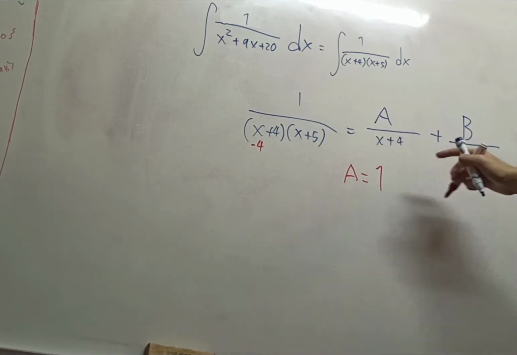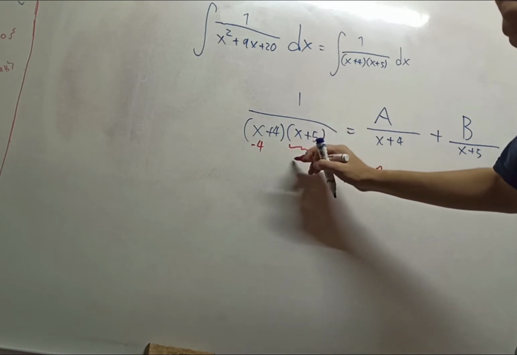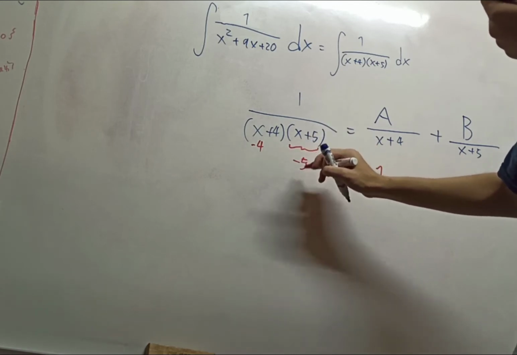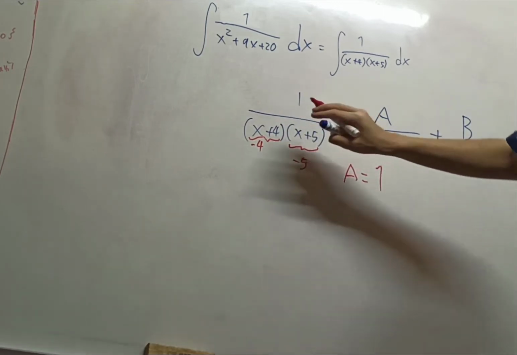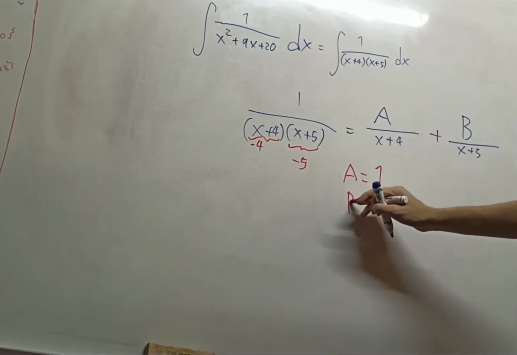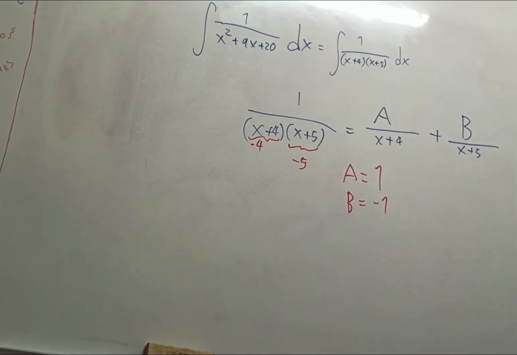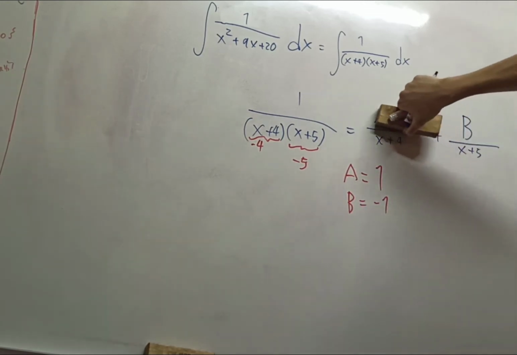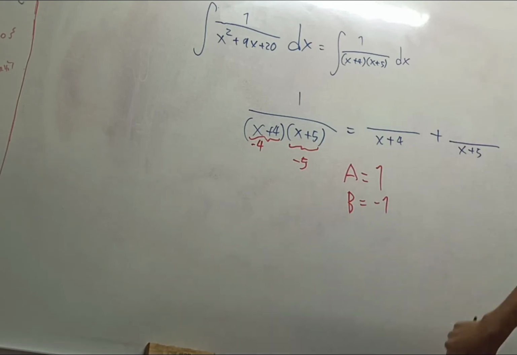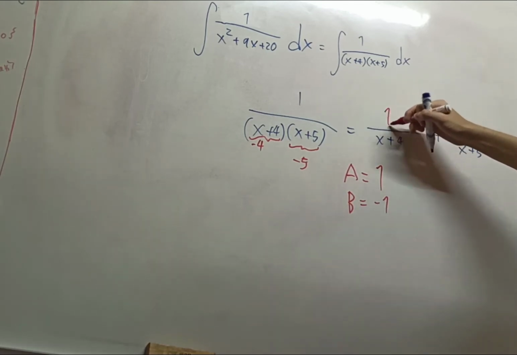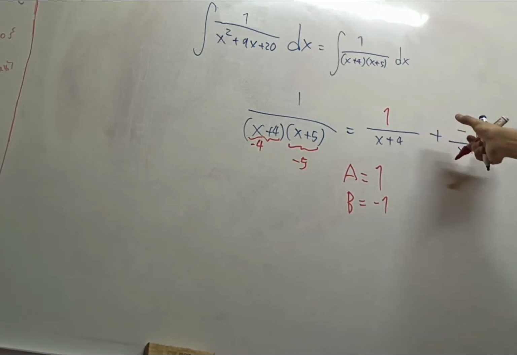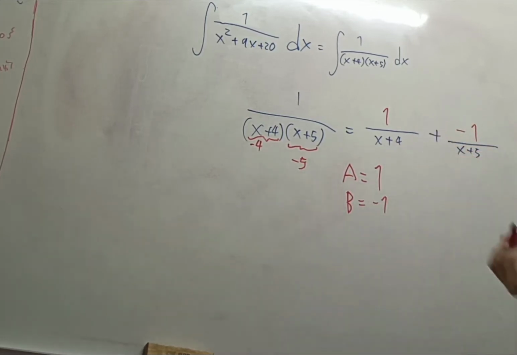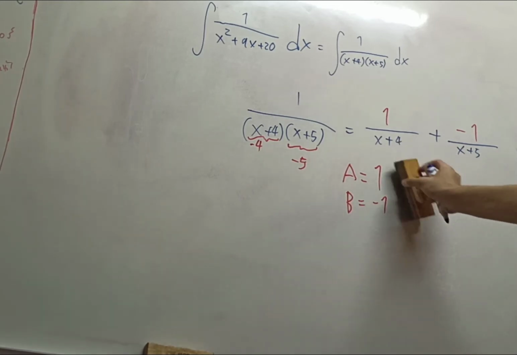If we take the root of this, which is the next one, we get minus 5. Okay? Minus 5. Cover this up. Put it in there. We have b equals 1 over minus 4 plus 5... we get minus 1. And that is true if we erase this and then we put it here. Try it out. Multiply this to here and multiply this to here, and then make the denominators the same, and then add them up. You will get this, actually. So because we have split it up like this,